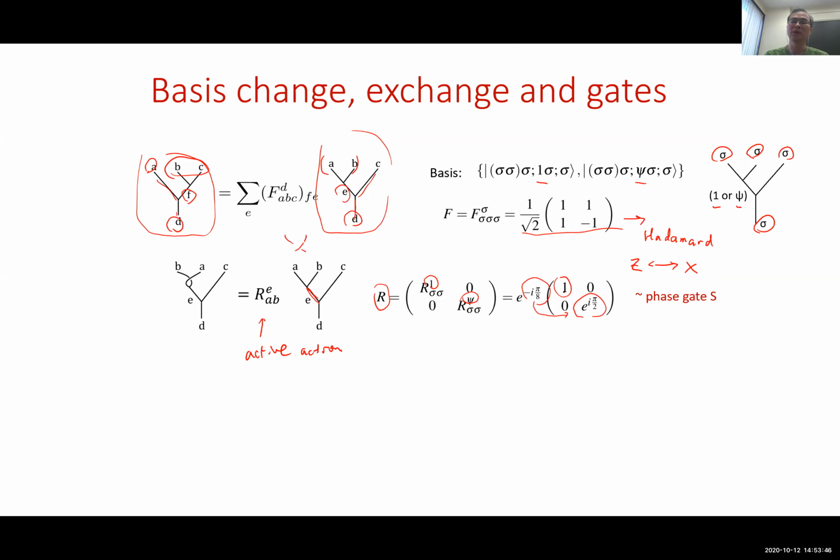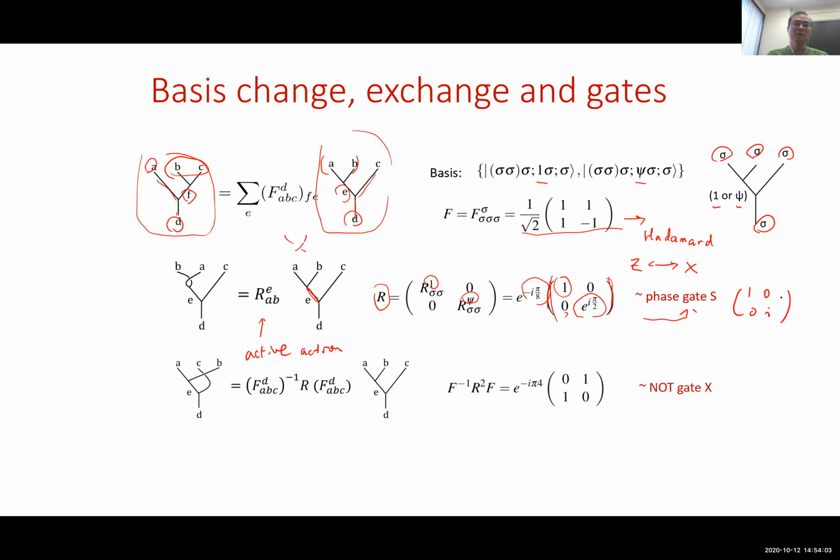And it's convenient to write in this way because the elements in the matrix are actually phases. Okay, and this is when you fuse the first 2. But if you want to fuse B and C,